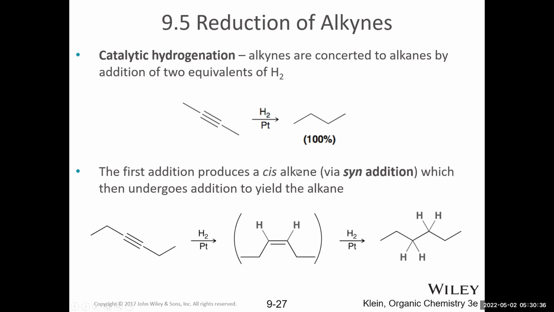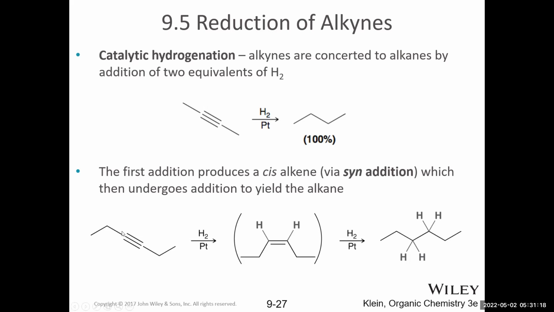So remember, with alkenes, if we treat an alkene with hydrogen gas and a metal catalyst, such as commonly platinum, nickel, or palladium on carbon, we can get reduction of the pi bond and addition of hydrogens across those 2 carbons. So essentially, reduction of the triple bond all the way down to a single bond. And this occurs in quantitative yield. So just like an alkene, alkynes can be reduced. It just reduces both pi bonds instead of only 1 pi bond.